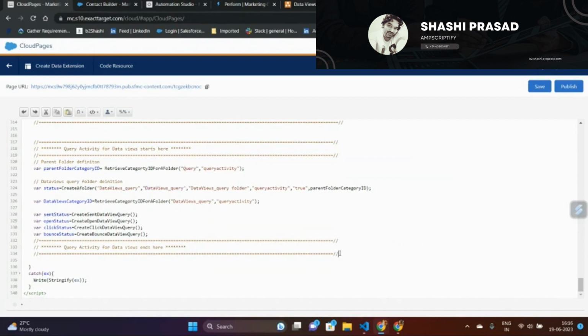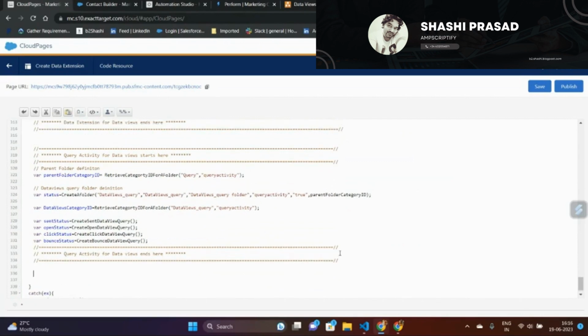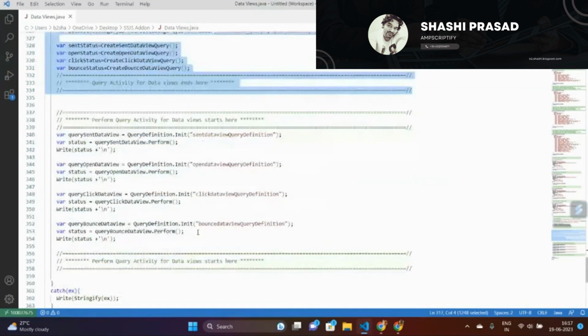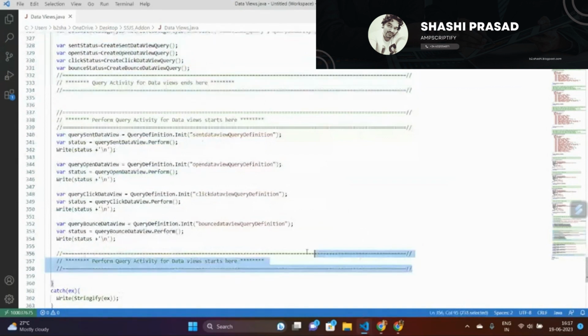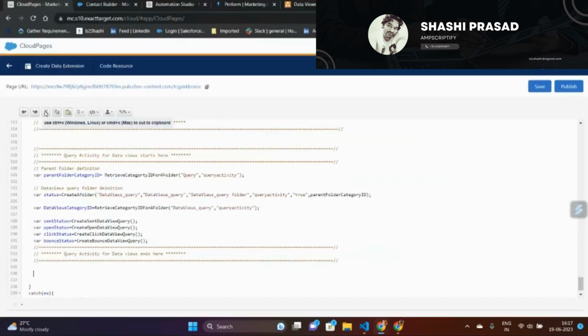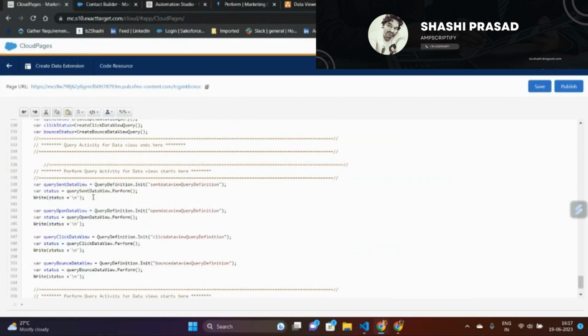Here, I could have stopped and showed you how it is, whether it is getting created or not. I still wanted to do, though you can do it to test if you're learning, right? But in a real time scenario, whenever you create, it's not the right time that you perform on the query definition as well. Okay, but just for the demo purpose, what I'm doing is